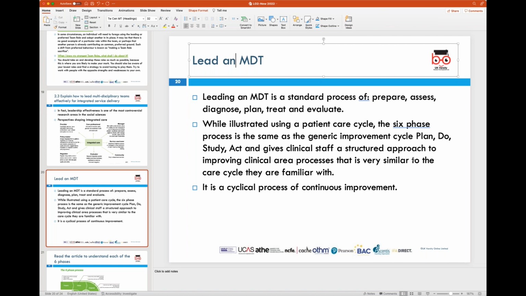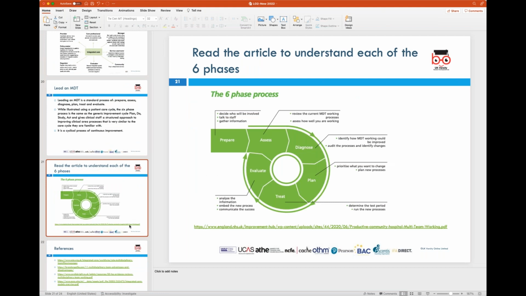And then towards the end, once the goals and objectives are agreed and achieved, they will do a thorough evaluation to ensure that it becomes a process. And if some of these similar situations are faced in the future, then there is a structured approach which is applied in improving these clinical areas or clinical processes, so that integrated care could be provided to the patients. Now, there is an article that I would ask you to read